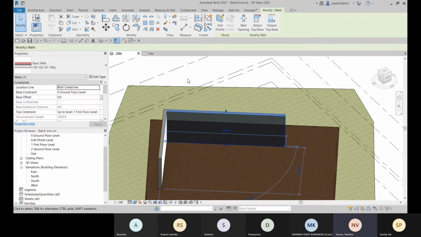Okay. So whenever I will be adding a type parameter, that type parameter will be applicable everywhere. Maybe if I have walls of a certain height, it will change everywhere, right? So if I have something which is unique, I should give it an instance parameter. And if there is something, maybe a 200 thick wall which is running at 2 floors in a building, if my category falls under that, I should take a type parameter.